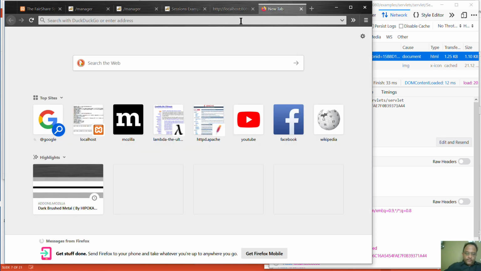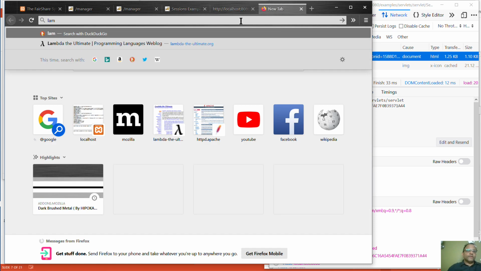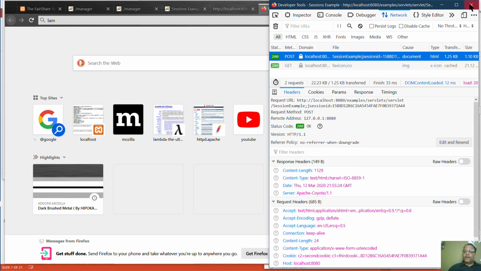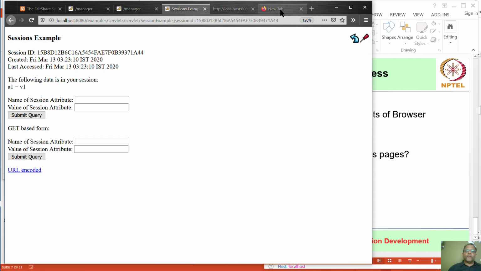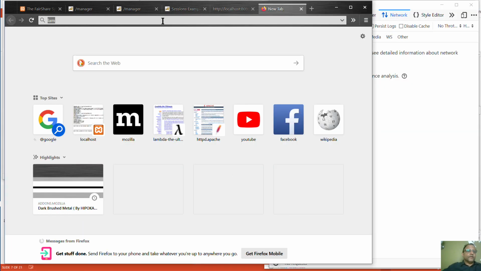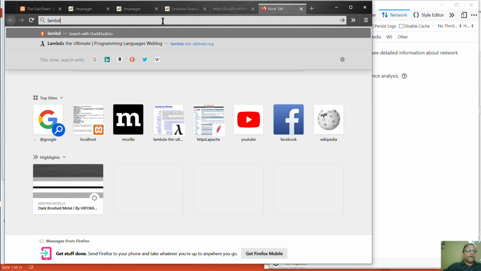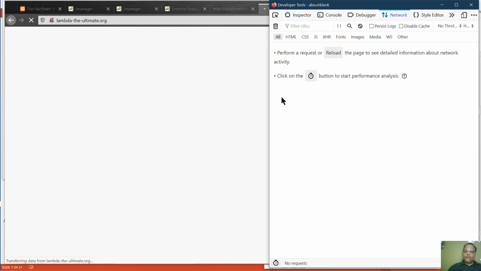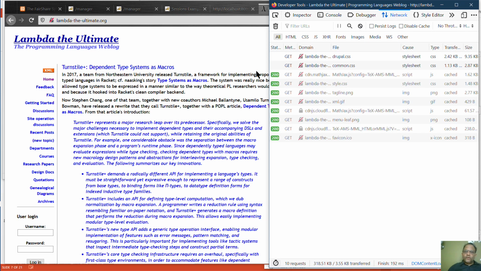Let's take a look at a different example of this. So I'm going to visit this site. It's called Lambda the Ultimate. It's a programming language discussion site. Let's start a watcher over here. Lambda the ultimate.org. And here, if you look,